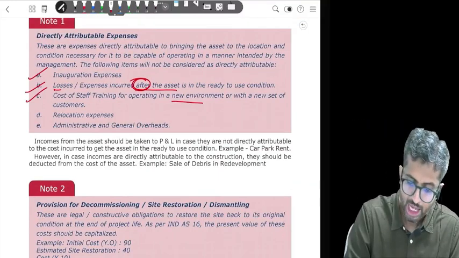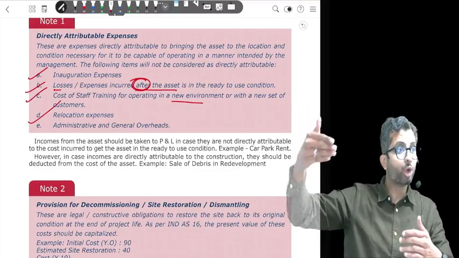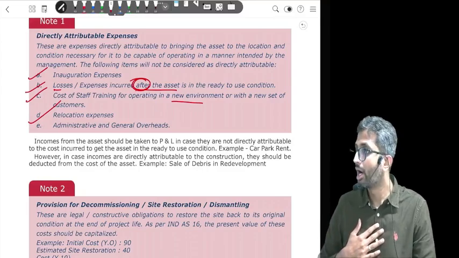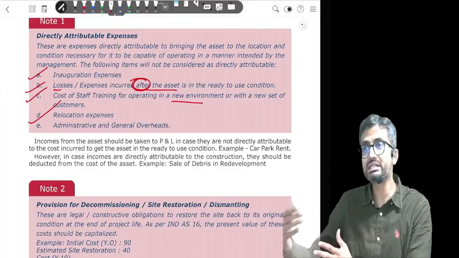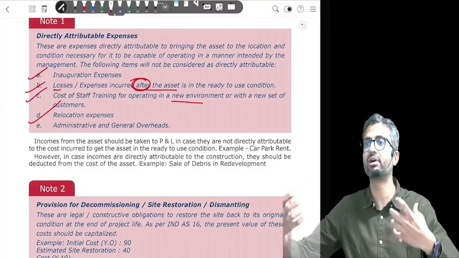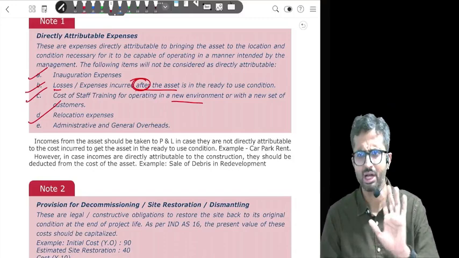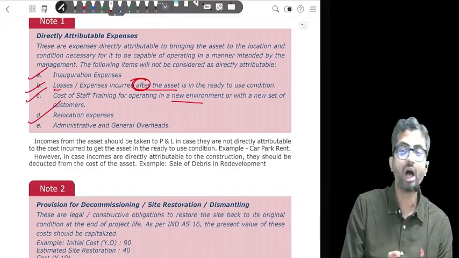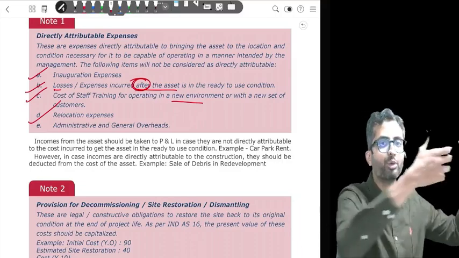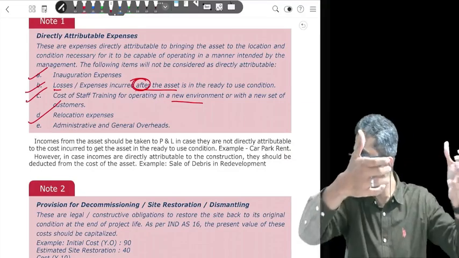And point number 4 is relocation expense. What do you mean by relocation? Relocation means the asset is already in the location and condition as desired by the management, and now I am relocating it. So that is subsequent expenditure. Hypothetically, let us say I were to buy an AC. Let's say I am from Mumbai. I buy an AC and I install that AC in my premise. Is that AC ready for use? Now, I am very emotionally attached to my AC. Hypothetically, if I remove it and take it wherever I go and keep on installing it, do entire Bharat Darshan with that AC, I am removing the AC, installing it where I go.